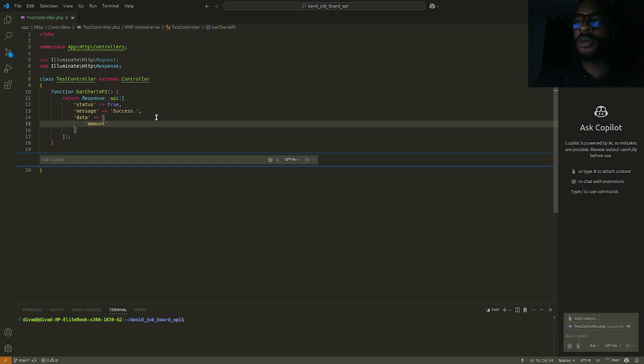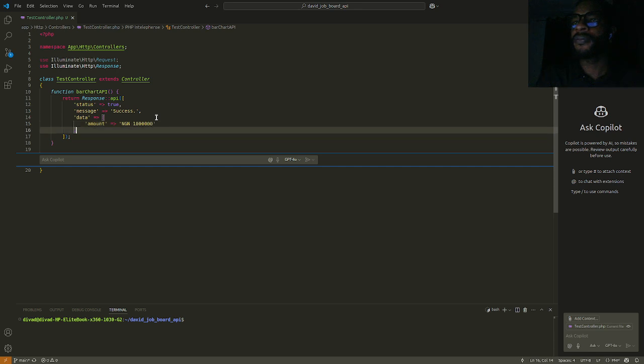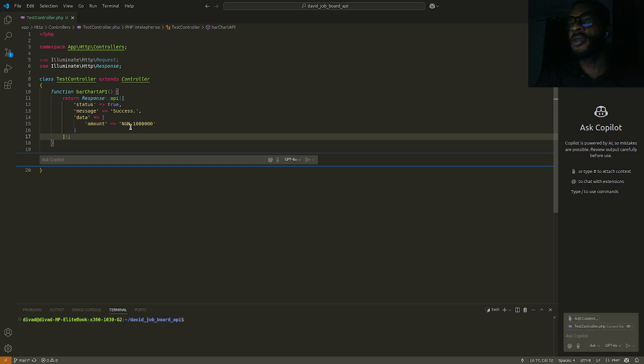So for the amount, you can do something like this. Let's say 1 million. Of course, this is a valid way of returning this data, right? So you have the amount key, and then you have the currency, and then the rest of the amount. But for the consumers to actually consume this, of course, they will need to